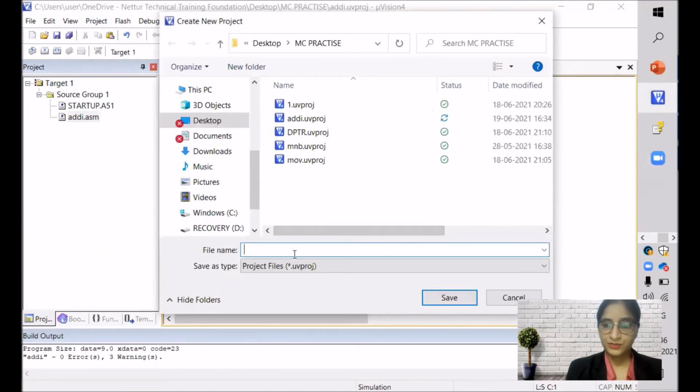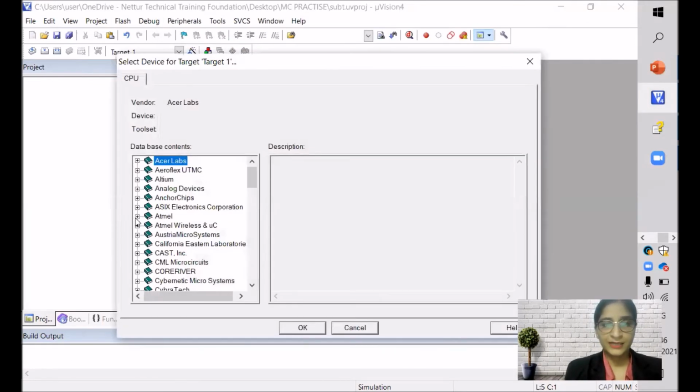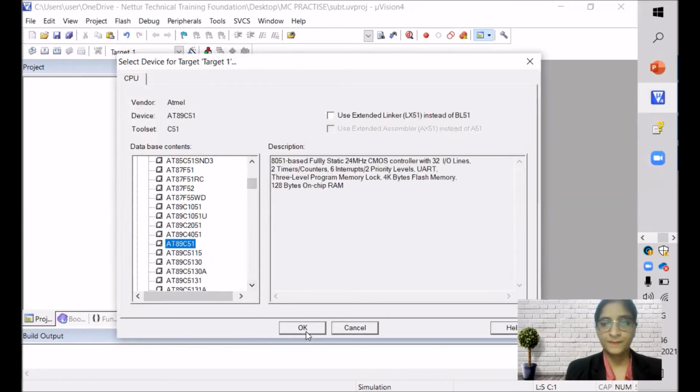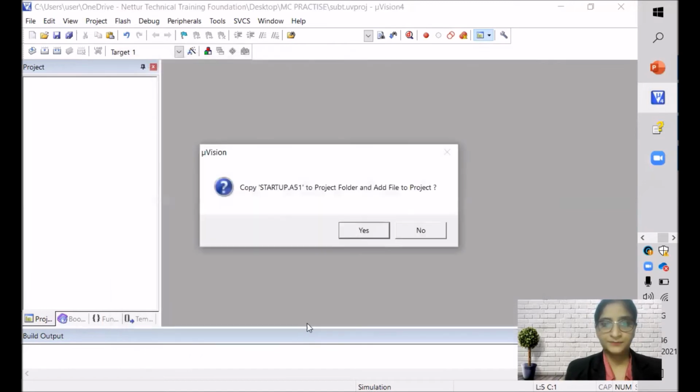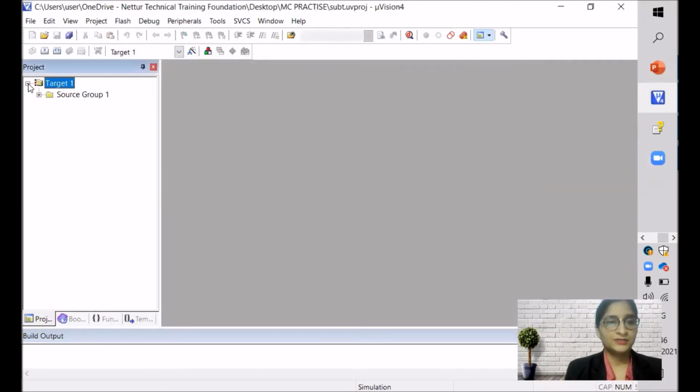We have to write down the name. So we'll be writing subtraction, SUBT. You can take any name, no issue in that. We'll click on save. Again, we have to take IC. So we are taking Atmel. Now we have to search our desired IC, that was 89C51. We'll click on OK. Yes. Now you can see the project is created.